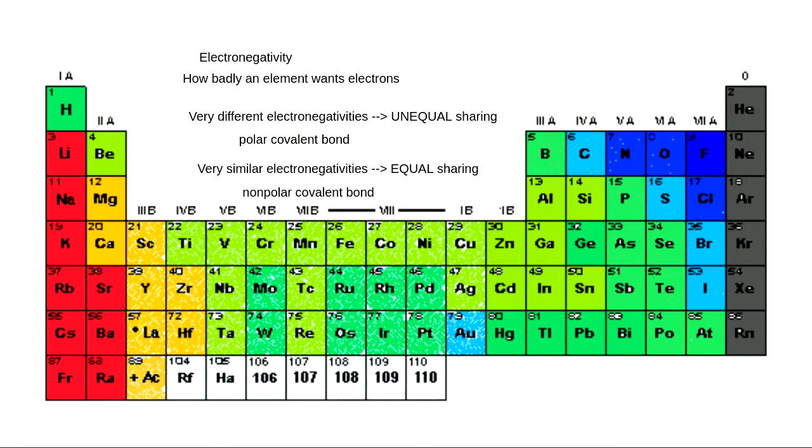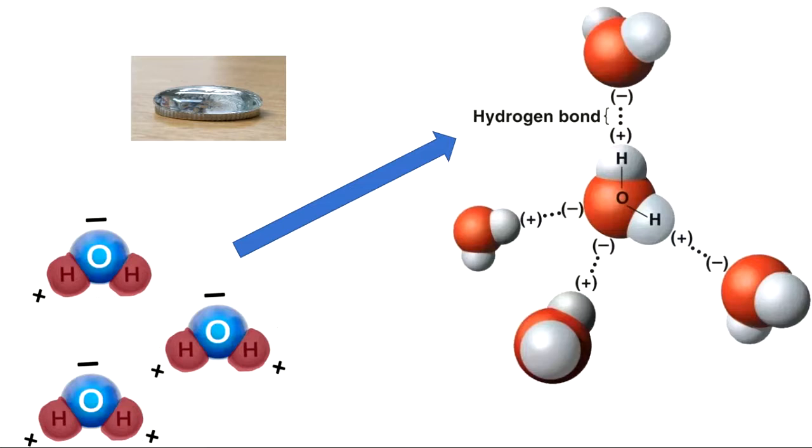So the closer your electronegativities are, the closer we both are to wanting electrons the same amount, the better we are at sharing things equally. If we aren't equally attracted to electrons, we're probably not going to share them equally. So when we talk about something like water,